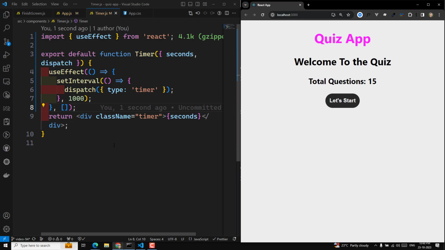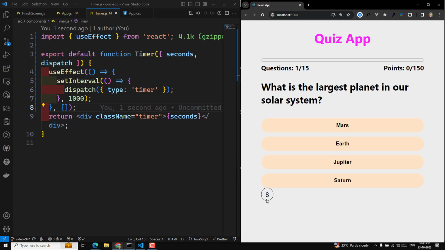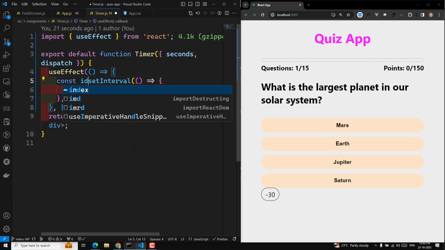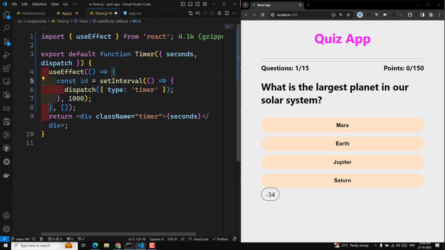Yeah. Now if you try to click on start, it has to decrease. But it is decreasing two times. Why? Because we know that the component will be initialized twice, right? That is the reason. Also here we need to stop the interval, when it is completed or when we are going out of the component, we need to remove it. So for that, const id is equal to the interval,